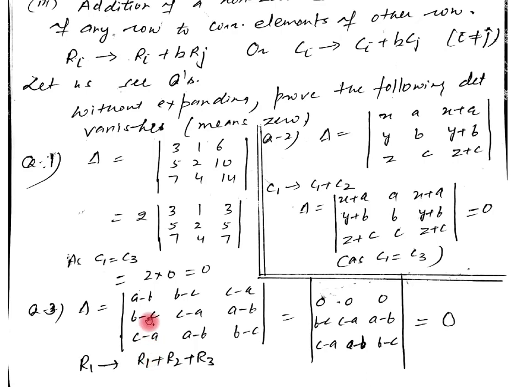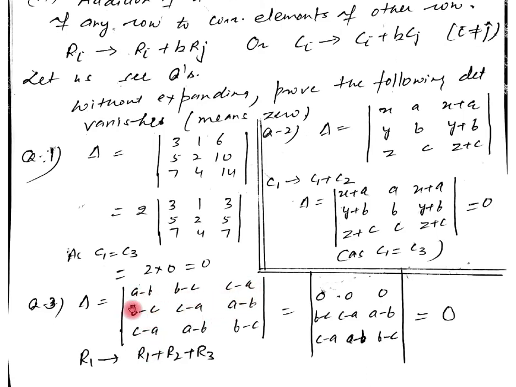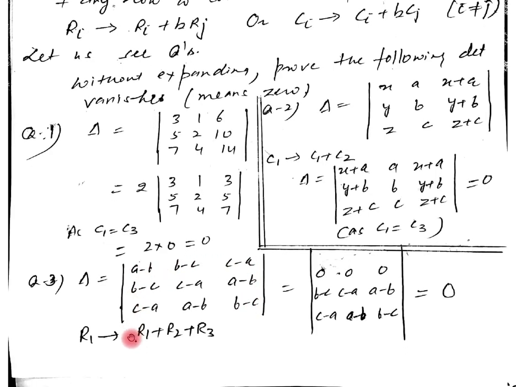Now again here we have to prove that the value of this determinant is 0. Now what type of operation am I applying here? I am applying the operation R1 goes to R1 plus R2 plus R3. This type of general operation we apply in the question. We are operating R1 to R1 plus R2 plus R3. Only the row R1 will change. The rows R2 and R3 will remain the same. Only that row or column will change in which we are applying the operation. Other rows or columns will remain the same.